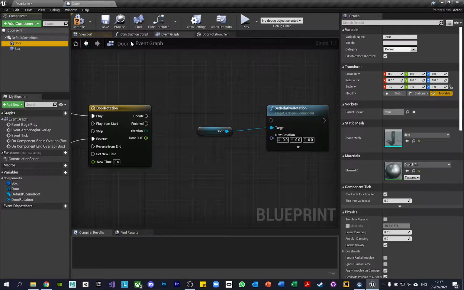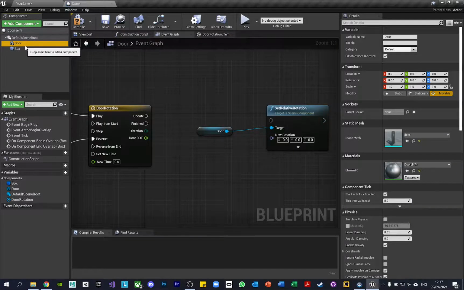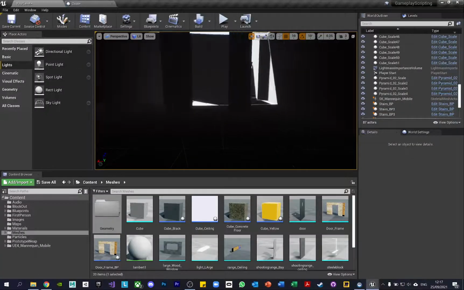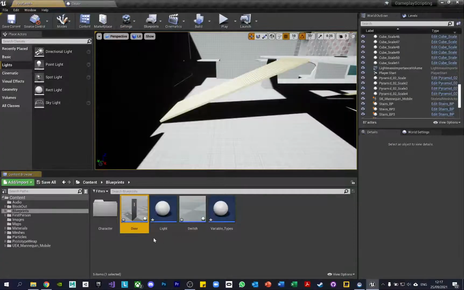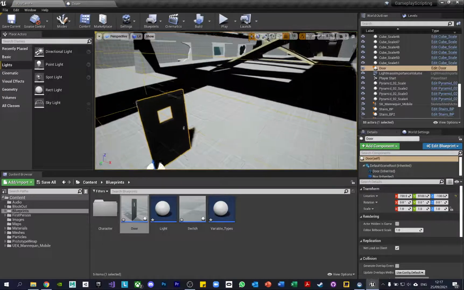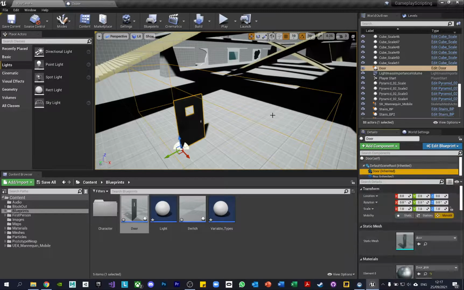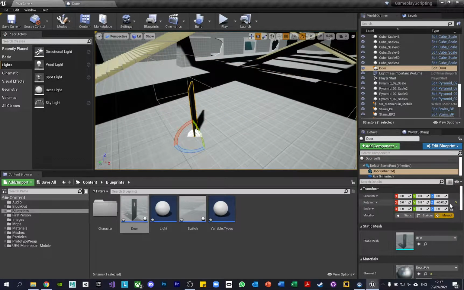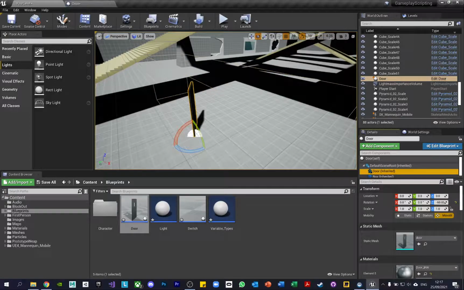because the rotation value itself is relative to the actual object, because it's a component. It's like a parent of the actual object itself. So let's bring this in. I'll show you, because this is something that you should know. Let me get my door browse. You'll notice here that my object rotation is 0, 0, 0. I can actually grab my door though, and I can rotate this so it's at -60, and that's its relative rotation. So the object rotation is still 0, 0, 0, but the door's relative rotation to that is